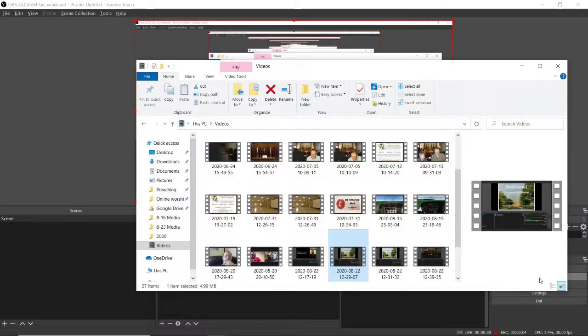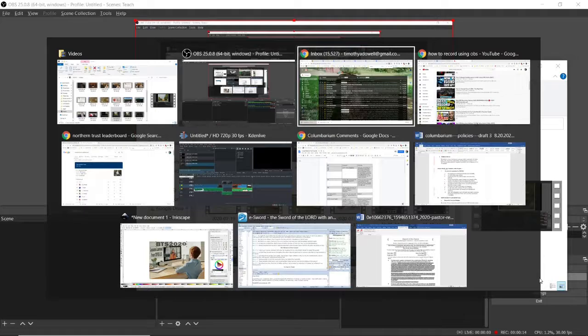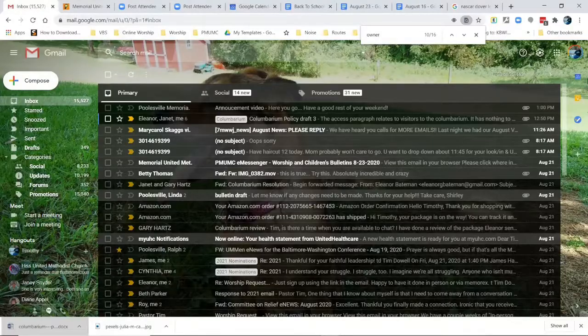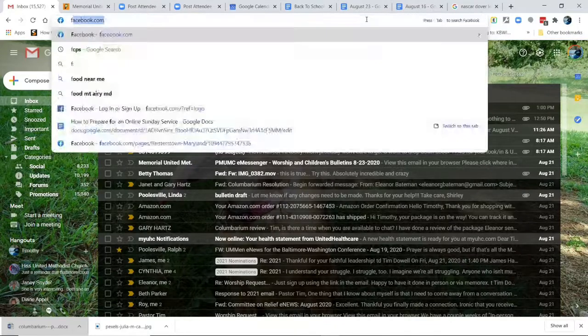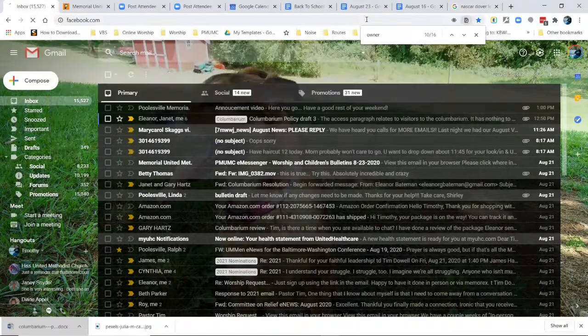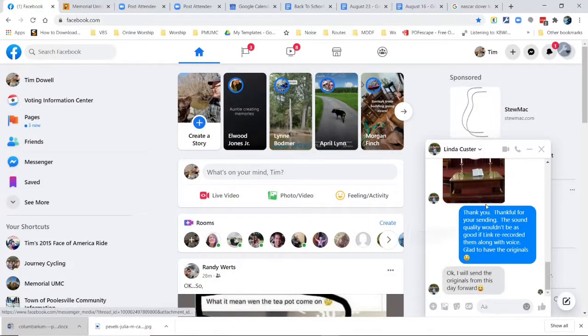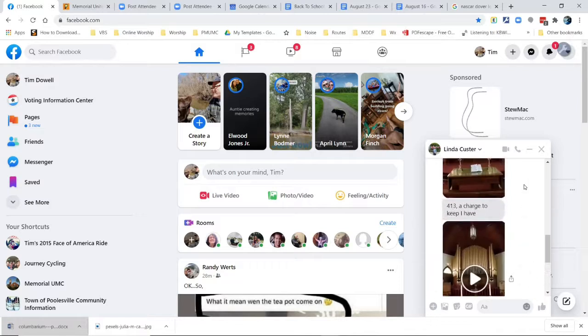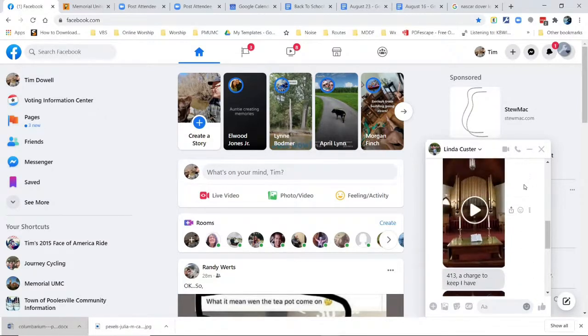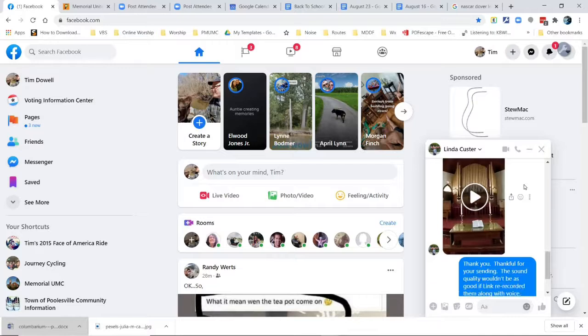Alright, so how do we go about making those recordings of the hymns? Well, I'm glad you asked. Typically what happens is we collect our information first, and that comes to us typically from Facebook. So I'll go to Facebook, but it could come by email, it could come by Dropbox, whatever. Here you see in Instant Messenger, Linda sends me the hymns, and I in turn